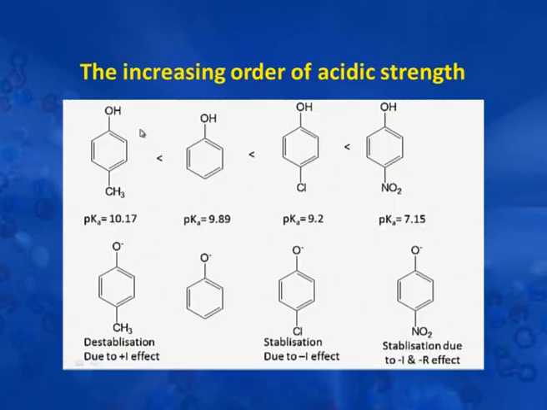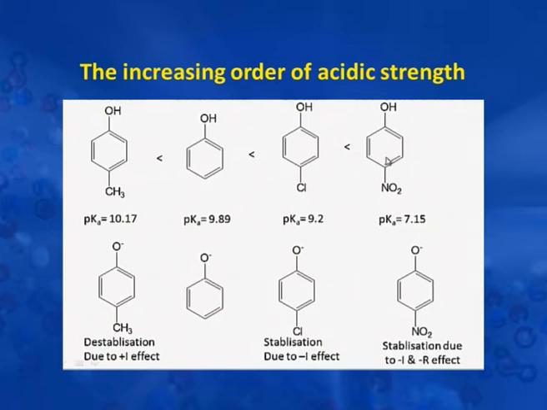See, in this particular slide we have para-methyl phenol, we have phenol here, this is para-chlorophenol and this is para-nitrophenol. We all know that the methyl group is an electron releasing group. This molecule does not have any electron releasing or electron attracting group. The chloro group is a peculiar group which shows a minus I effect as well as a plus R effect, and the nitro group is an electron withdrawing group. So, out of the 4 compounds we have to see which will have maximum acidity and why.